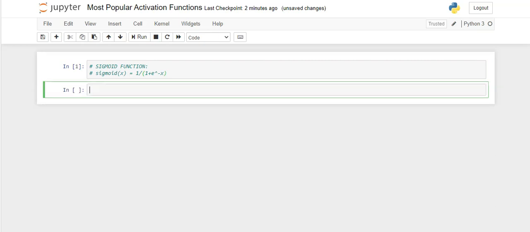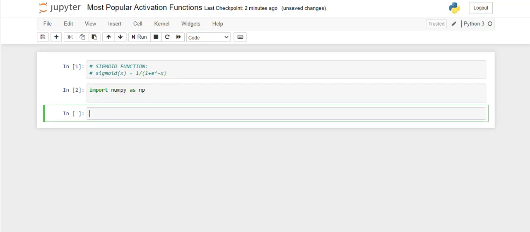Shift and enter. Okay, so how do we code this in Python? First, let us import numpy as np. Shift enter. And then to define a function, we use def. Define sigmoid_function of x such that,